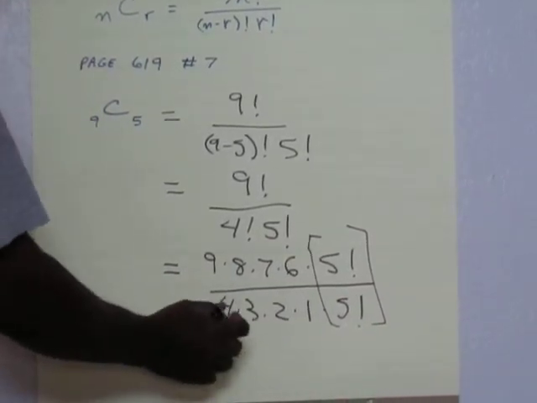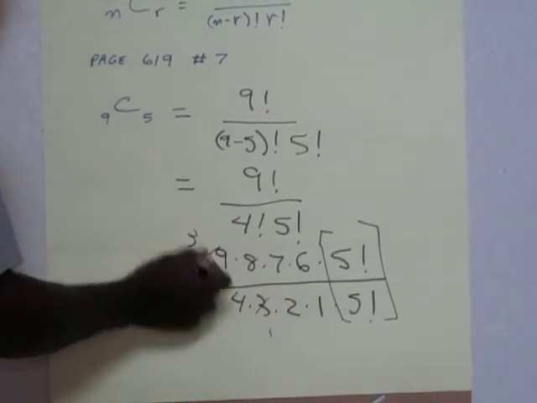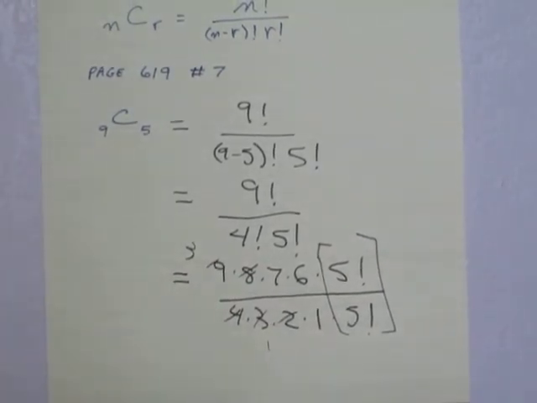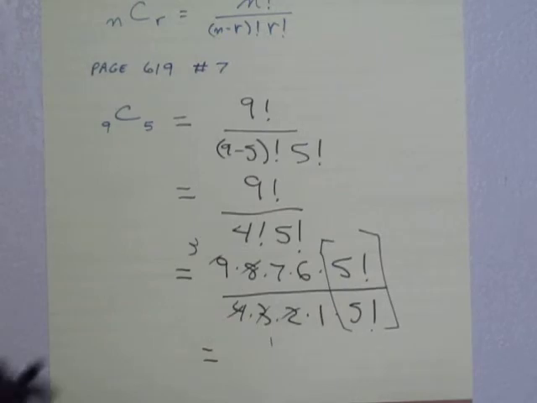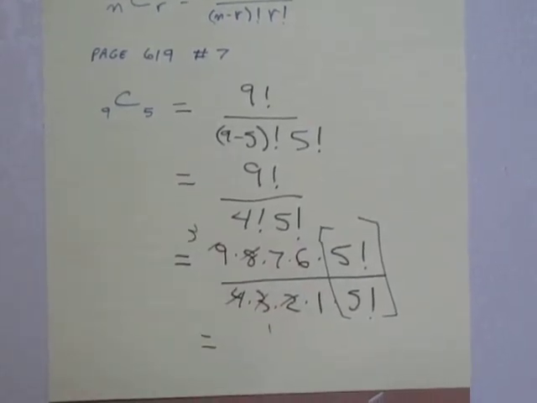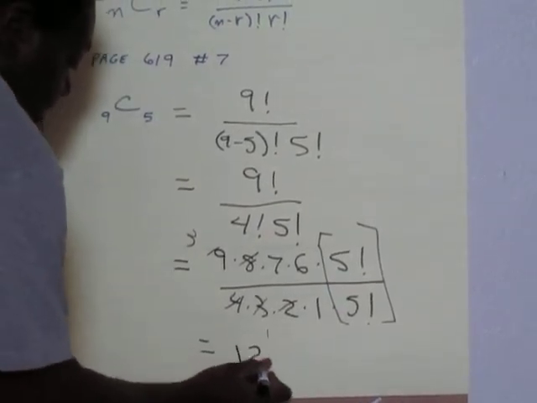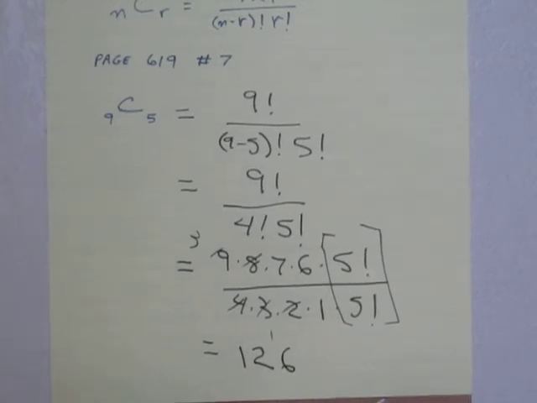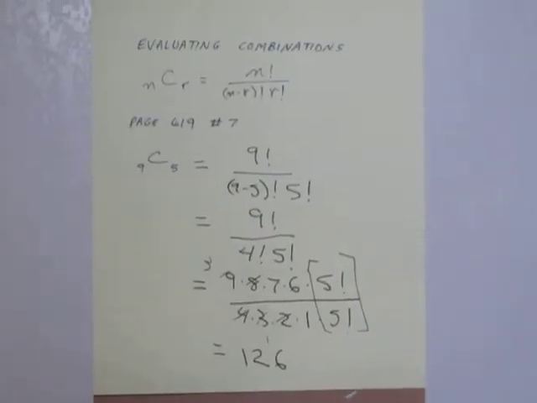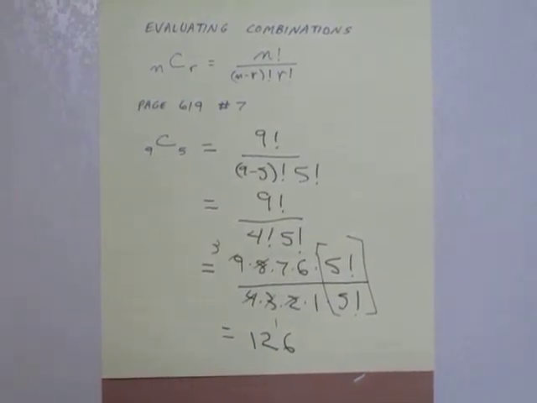Also, you can have 3 into 9, and 2 times 4 is 8. You're left with a few numbers to multiply: 3 times 7 times 6, and that comes out to 126. Again, combinations is going to be on lots of scientific calculators, and you may be able to access that